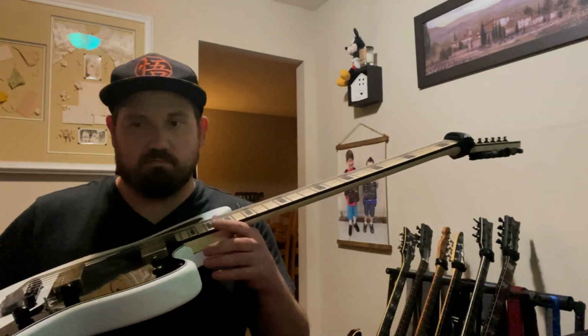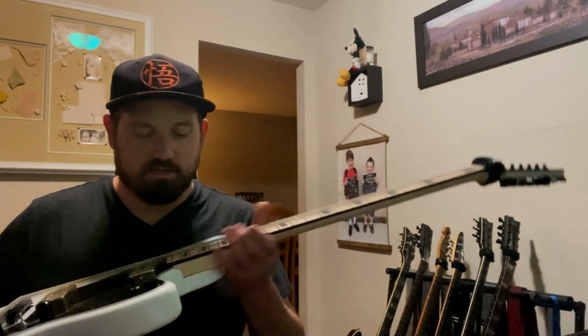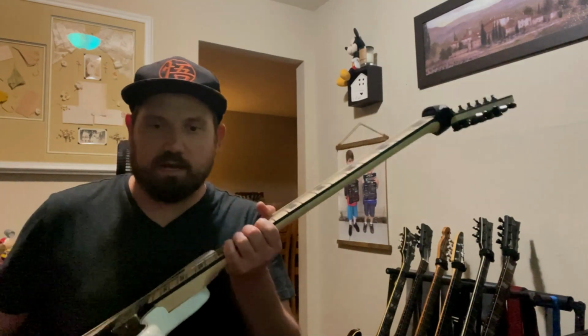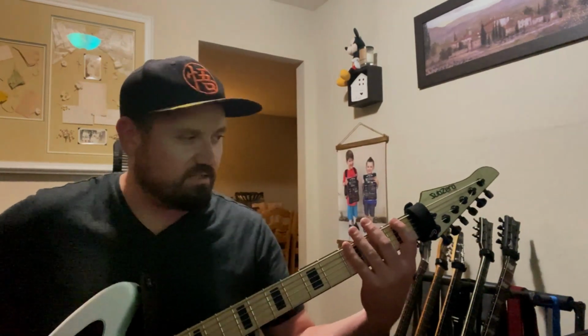You can even use modified box tops. There's ways to do it correctly. Just make sure you fill the entire neck pocket. You don't leave a big gap. That can actually cause problems. But anyway, yeah. So with this Boss Katana tone,